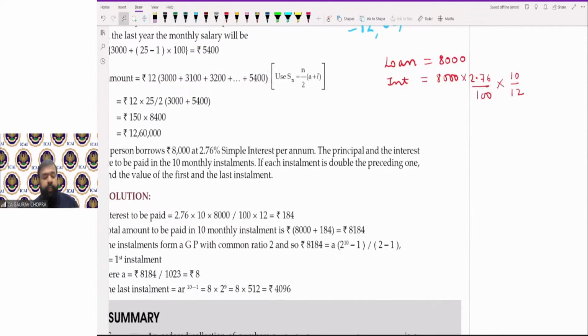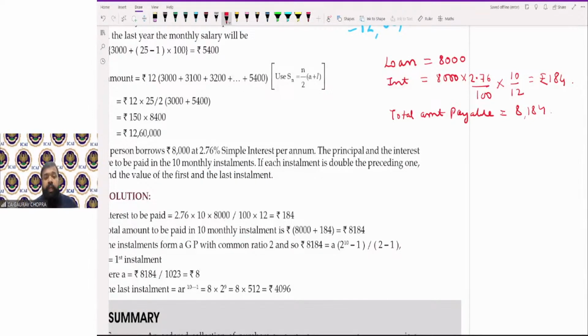So how much will be the interest? Interest is rupees 184। 184 यहाँ पे इंटरेस्ट है। तो टोटल अमाउंट जो हमें पे करना है, टोटल अमाउंट पेबल, वो कितना रहेगा? 8,184। दिस इज द टोटल अमाउंट पेबल।